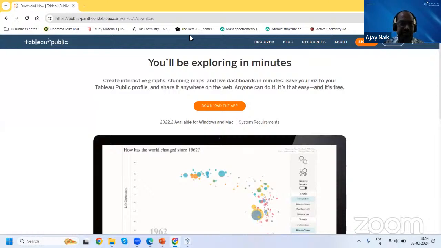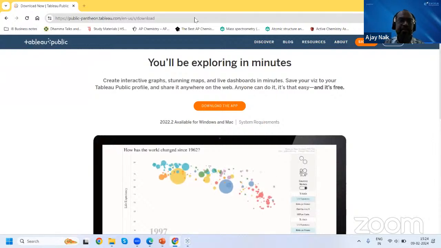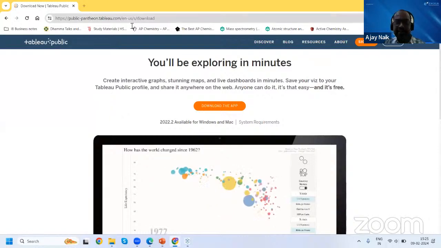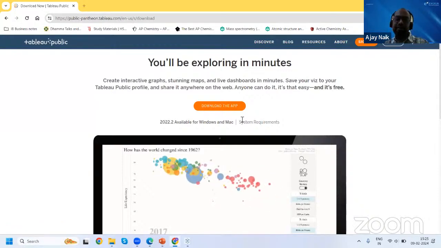Why is it not visible? Let me share one more time. Is it visible now? Please confirm you are able to see the screen. Okay, and download the app. Okay, good. Once the app is downloaded,